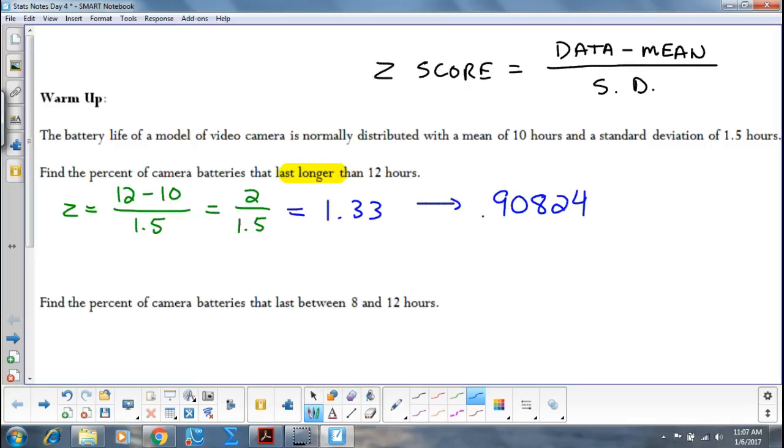But that's the percent, so that's 90% less than 12, right? I want longer than 12, so I want above that, so I have to go 100 minus 90,